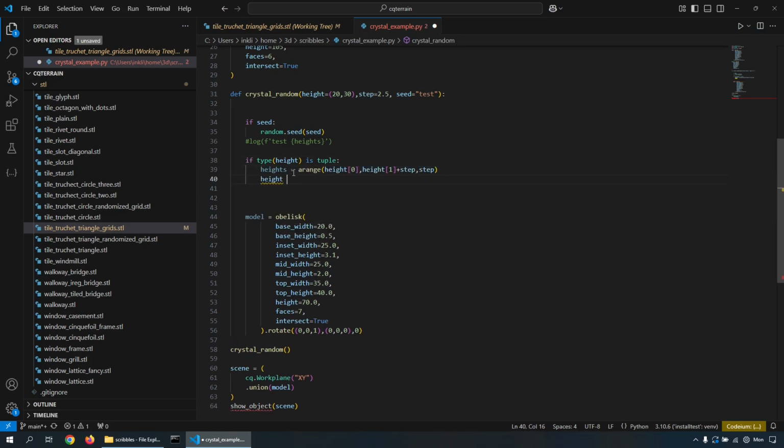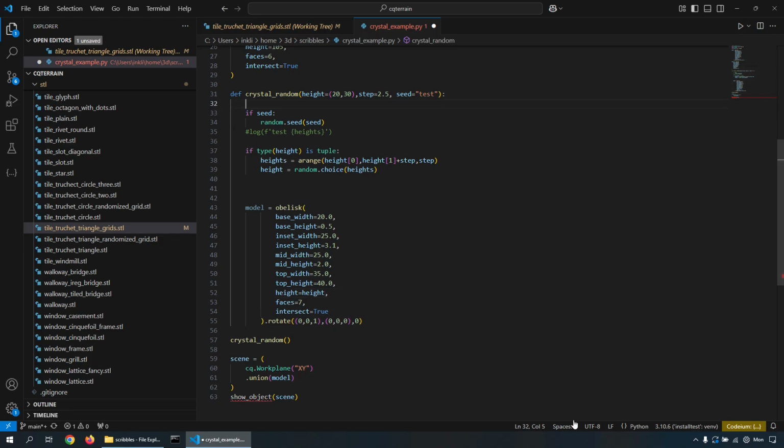So if height is a float, without being a tuple, we'll use that directly. So it's a hard-coded value. And otherwise, we'll select a random choice for our height. So now it's variable based on the number of times ran. So based on the seed fed in, we'll get a variable height. And we can start